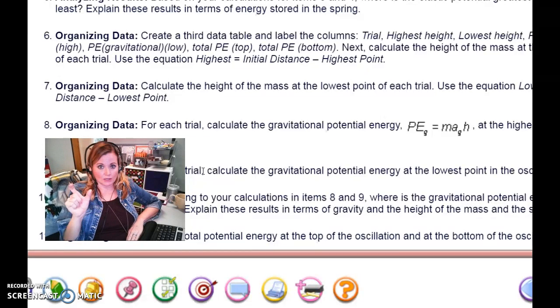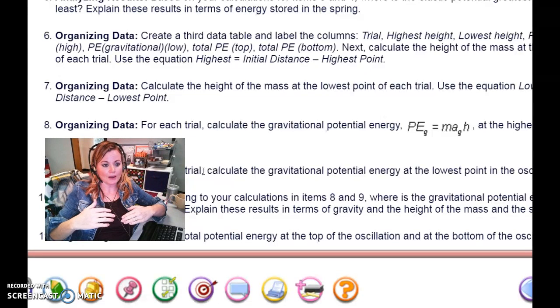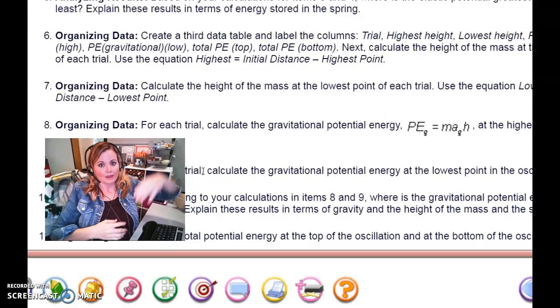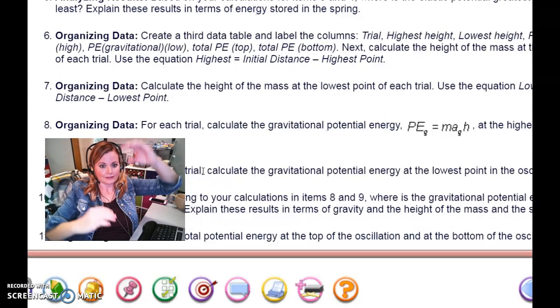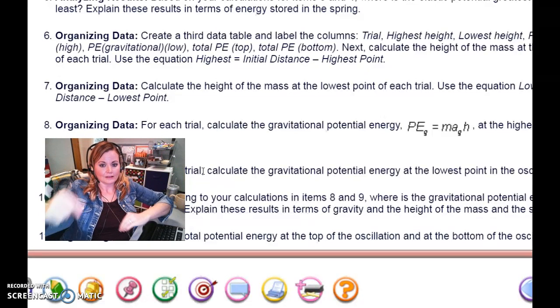So this time you're not using newtons, we're using the mass in kilograms, and you're using height in meters. And you're going to compare these. And remember that energy is a vector. So you're up here, you're down here. Don't forget that they're